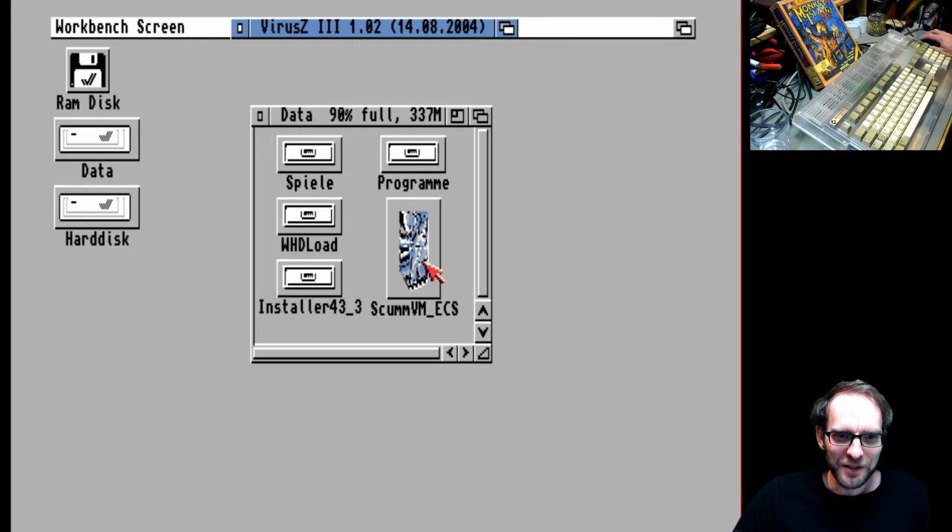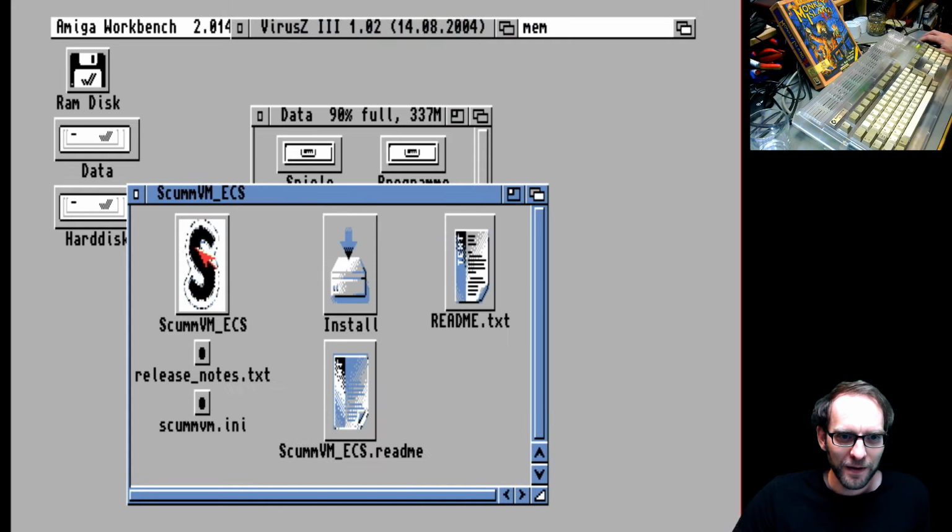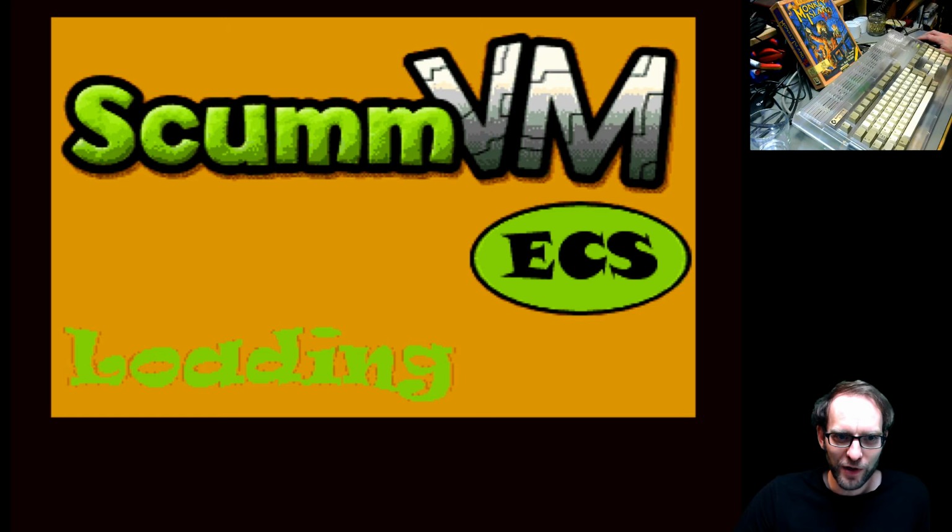Just going to show you this. This is ScummVM running on the Amiga. ScummVM is like a virtual machine for the LucasArts adventures. And the ECS versions should run on my Amiga. It runs pretty slow. You can run Monkey Island 3 in ScummVM on your Amiga. Yeah, that's not going to be...